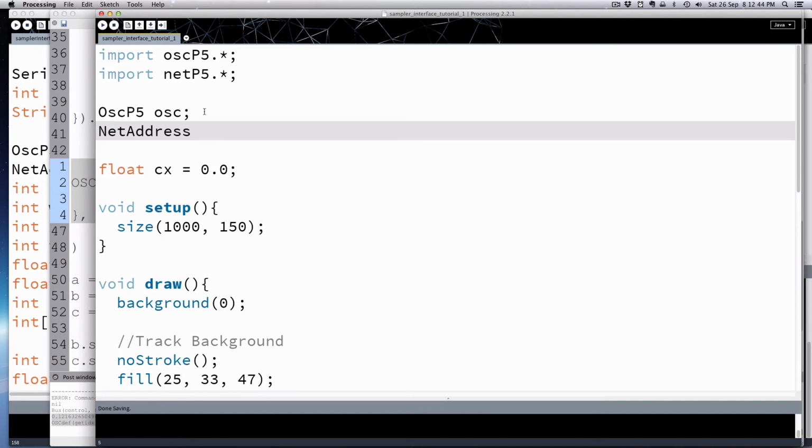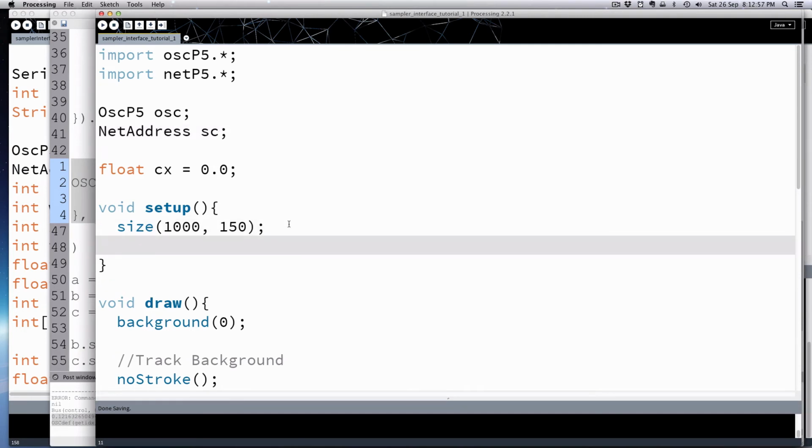It's just more complicated to set up in Processing, but we have a destination, a sender. So it's a net address, and we're going to call this SC for SuperCollider. Okay, and let's set those up in setup. So what we have to do is say OSC, that's the variable we created, which is the OSCP5. We have to initialize it. So it equals a new